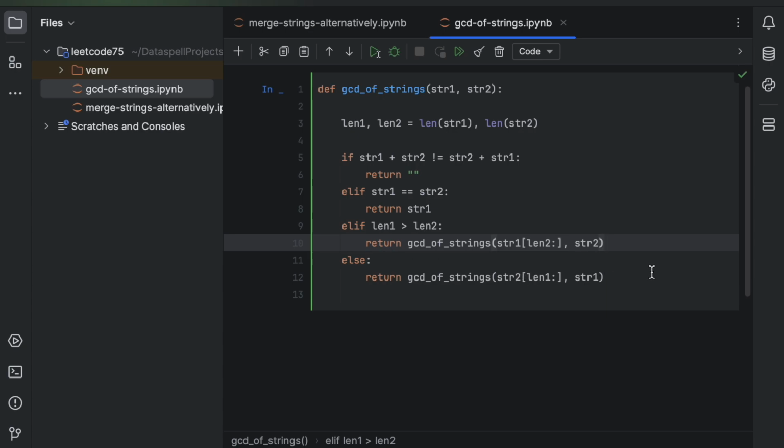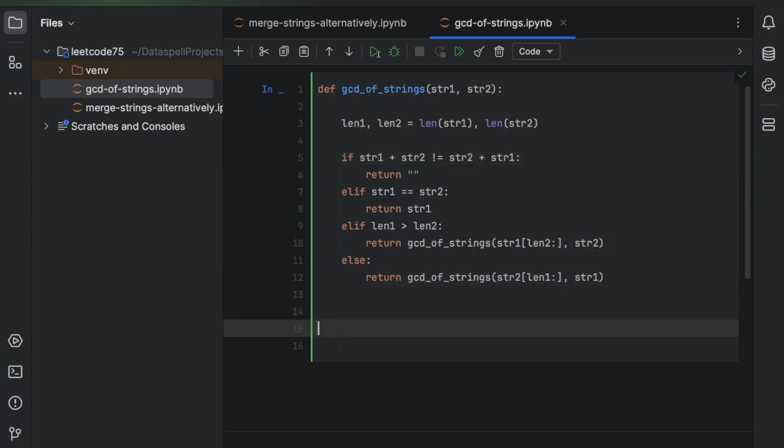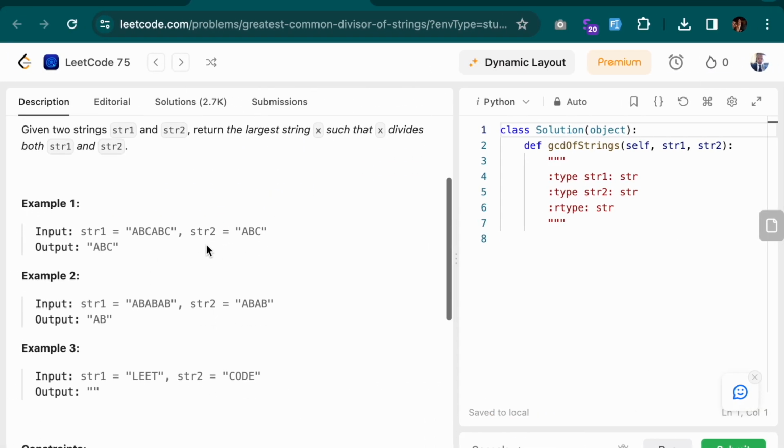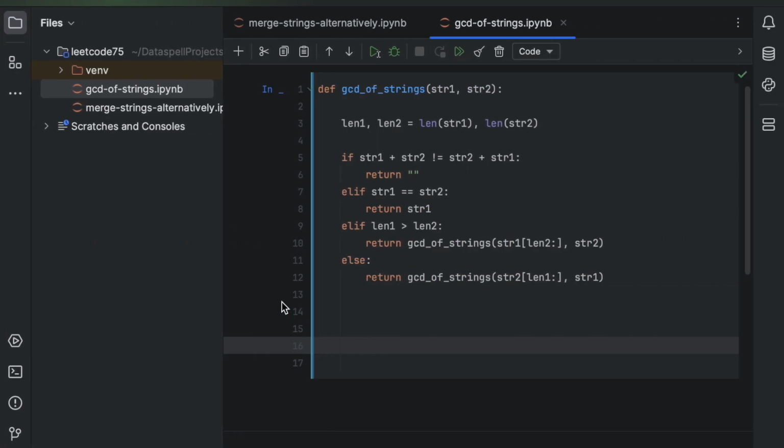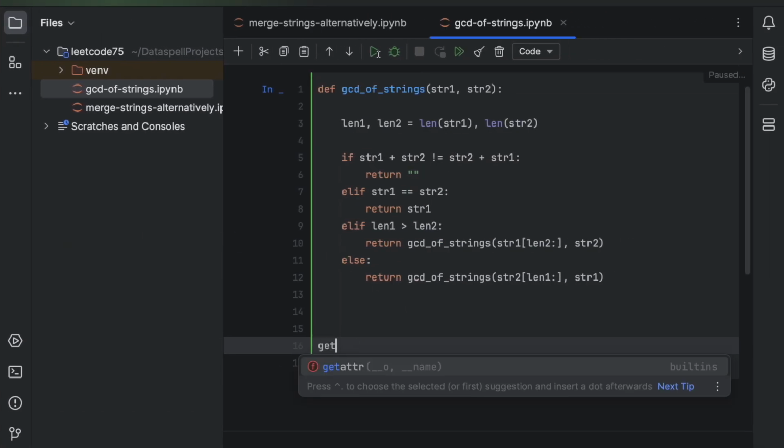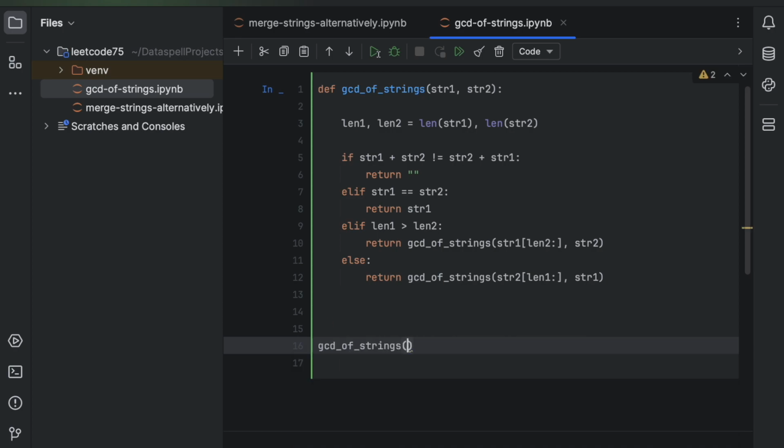All right. So this should be able to give us our answer. So we'll just test it with what we have in our problem. So we'd say ABC with ABC. So let's just return GCD of strings. So the first string is ABC ABC. The next string is